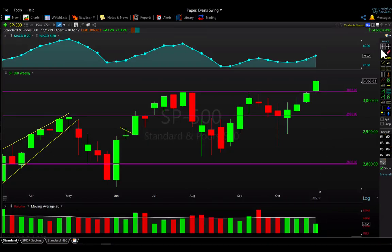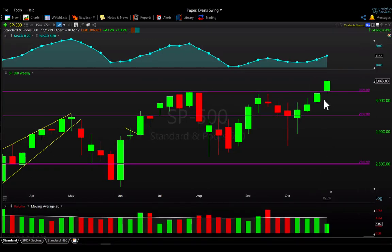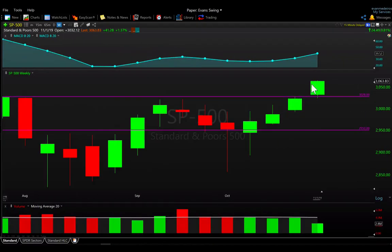If we jump into the charts, though, and take a look at the S&P 500, this is the weekly time frame. This is where we like to start our analysis and get that big picture view. It's the cash market. Each bar represents 1 week worth of trading. So when we look here at the S&P 500, first and foremost, you can see just a very strong close on this week. This is the second week in a row that we're finally back to closing at